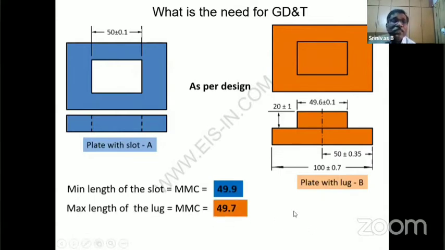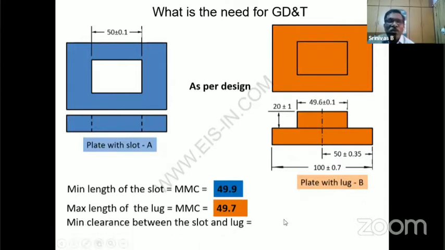Yes, very much assemblable. Why? The minimum slot is 49.9 and the biggest size of the lug is 49.7. Therefore, it is assemblable. Am I right, sir? You would see